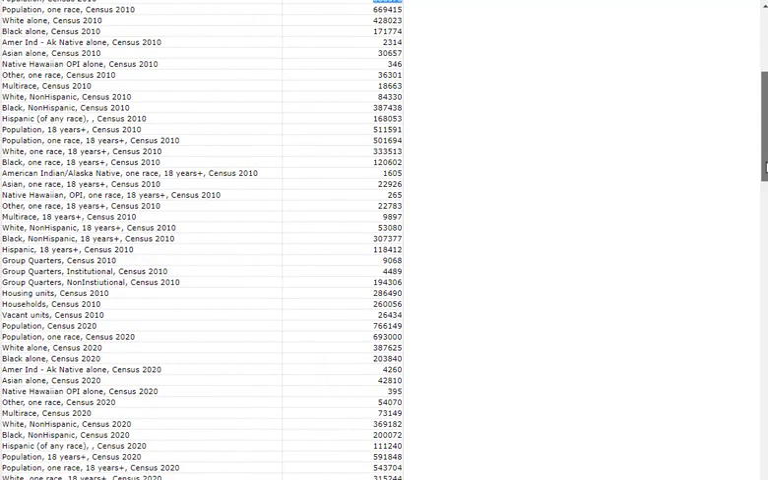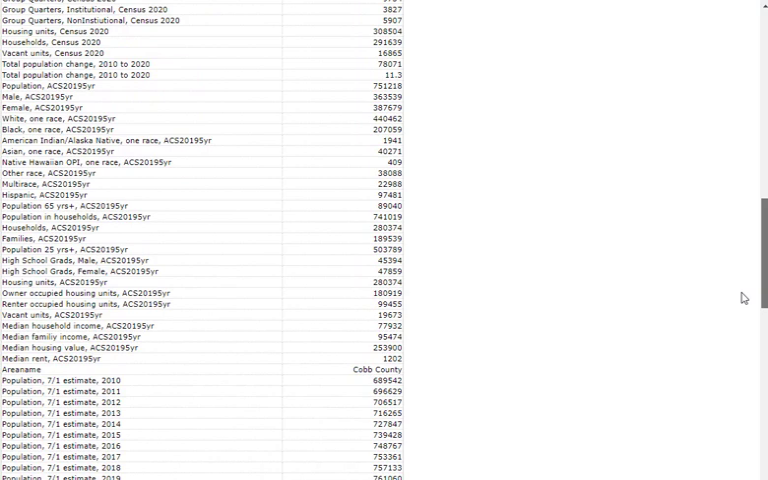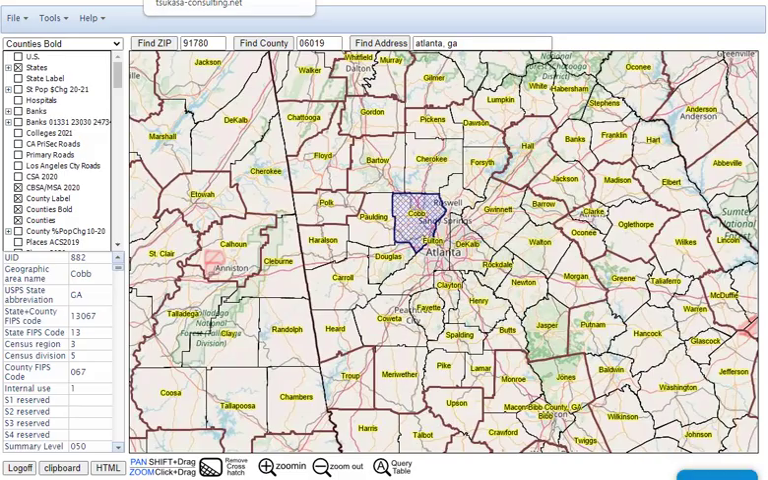Not sure I've got that in this profile. Here it is right here. Population census 2020, 766,000 is the estimate. Scrolling on down, we can look at other attributes such as median household income, which is 77,932. So going back to our map display,